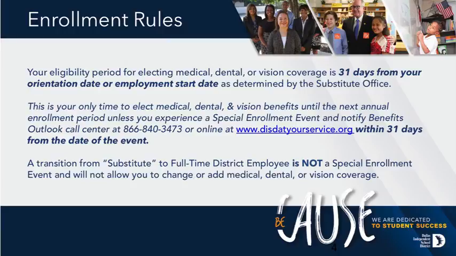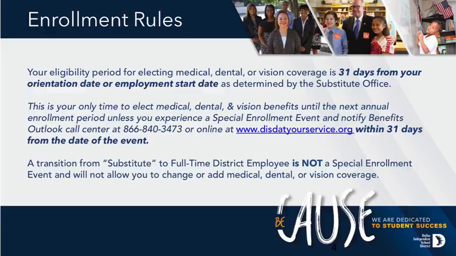You have 31 days from your start date as determined by the substitute office or your orientation date to make an election for benefits. If you do not make an election within your 31-day eligibility period, you will be defaulted to no coverage for medical, dental, and/or vision, and you will only have the district-provided coverage. Your initial 31-day enrollment period is your only time to elect medical, dental, and vision benefits until the next annual